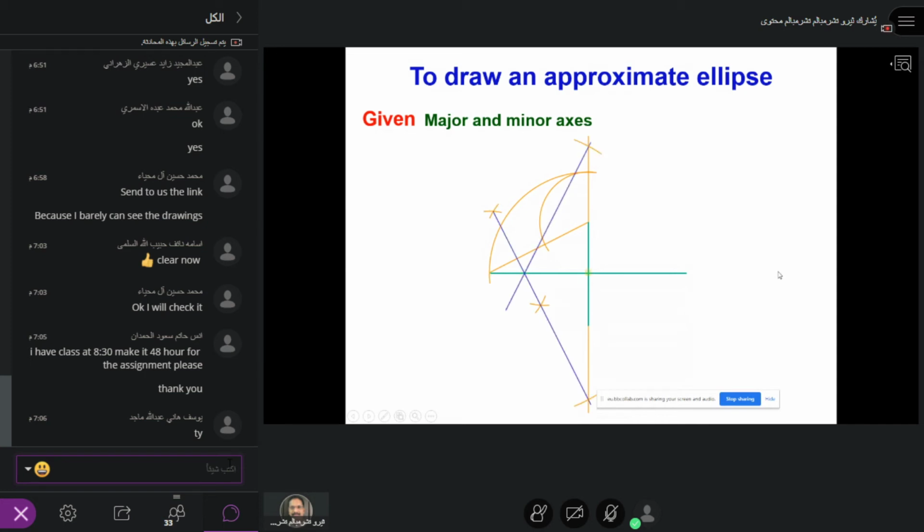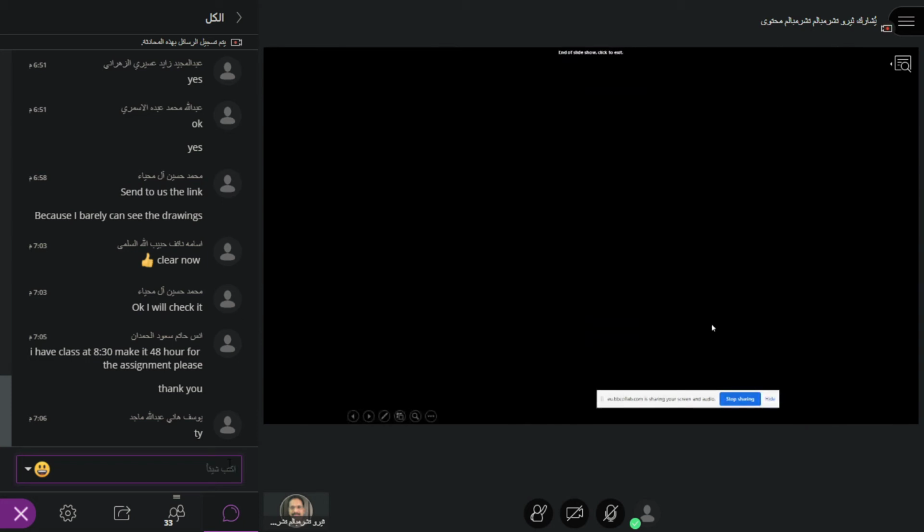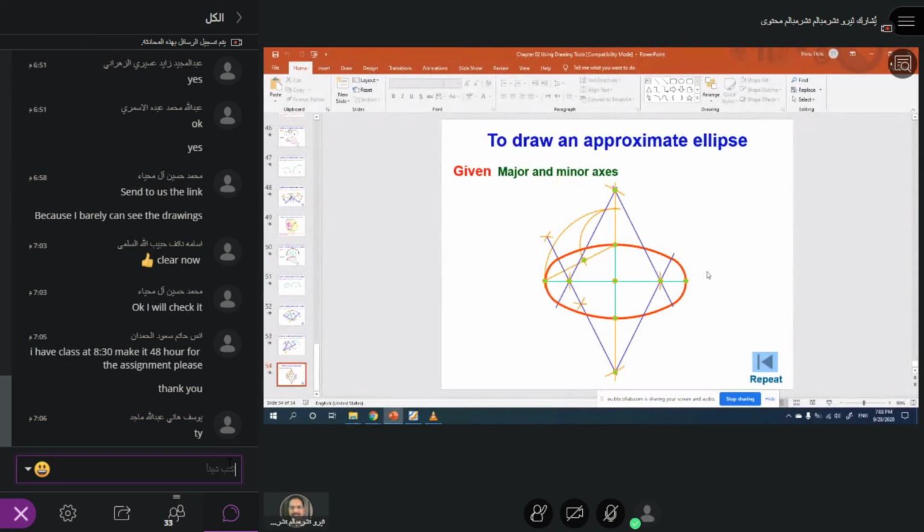I will show you, because this is again very difficult for you to understand, how they use it, simply by connecting the tangents. Maybe we can see it in the next class because I need to show you one more video, otherwise it's very difficult to understand. So the ellipse we will see in the next class. Right now you take all your notes, because there's a lot of steps involved. I will let you know later.